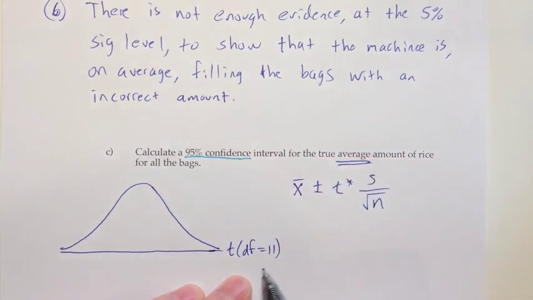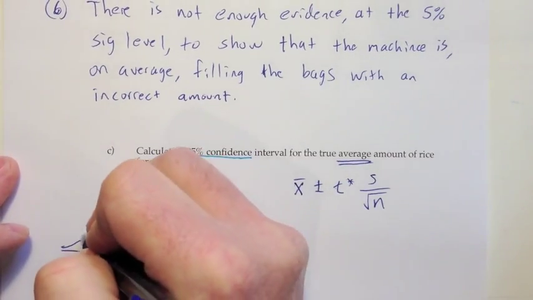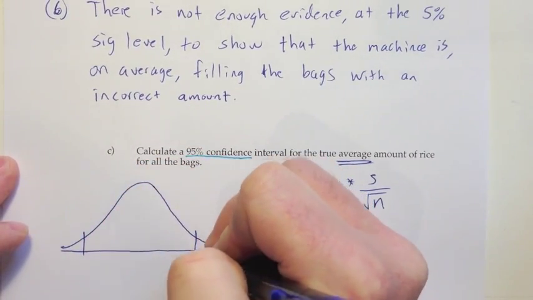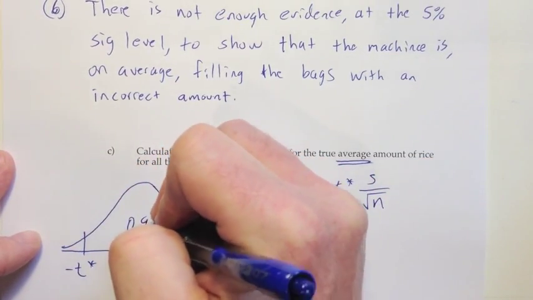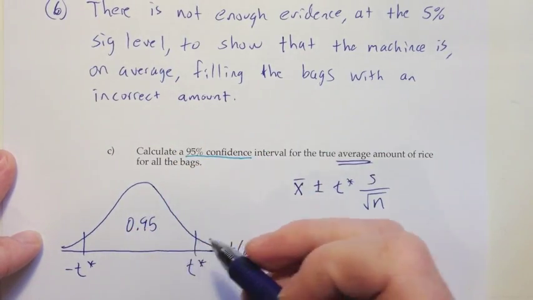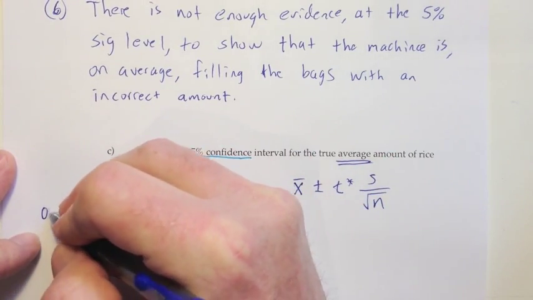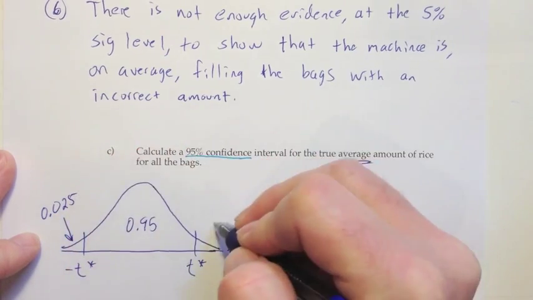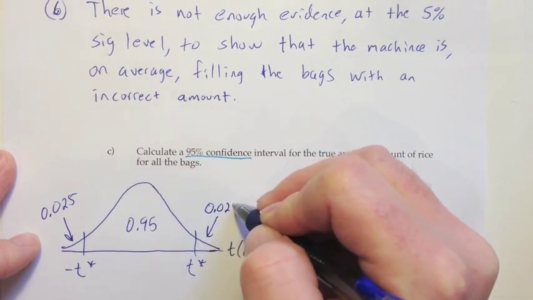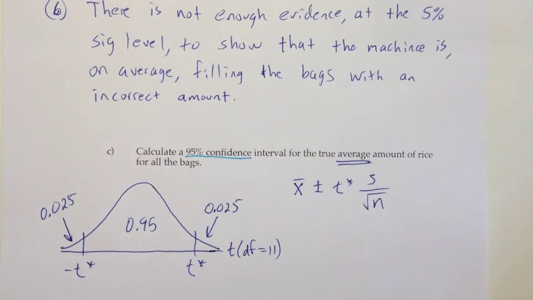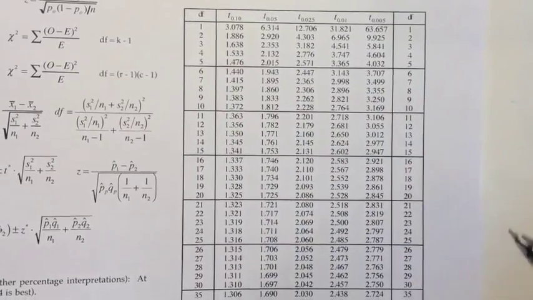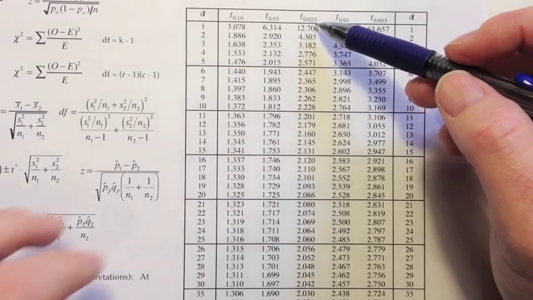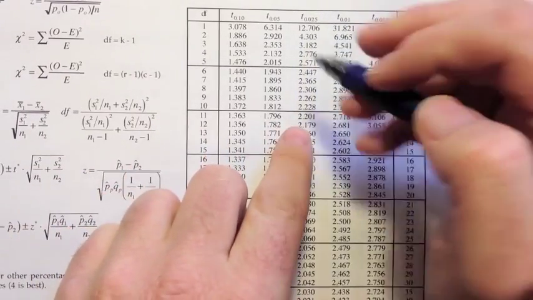Remember, our sample size was 12, so this is 11 minus 1. And I'm trying to find a t-star and a negative t-star that trap this area of 0.95 in the middle. And if we have 95% of our area in the middle, that means that we have 5% left over, and that means 0.025 on each side if we cut that remaining 5% in half. And if the area in our tail is 0.025 and we have 11 degrees of freedom, then we can go to our chart, find the 0.025 column, drop down to 11 degrees of freedom,